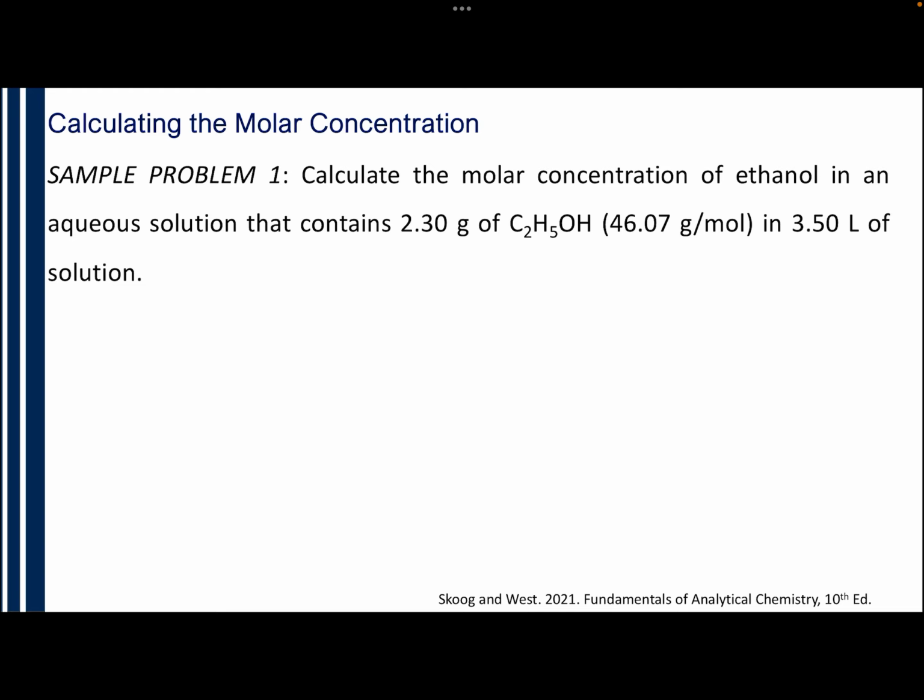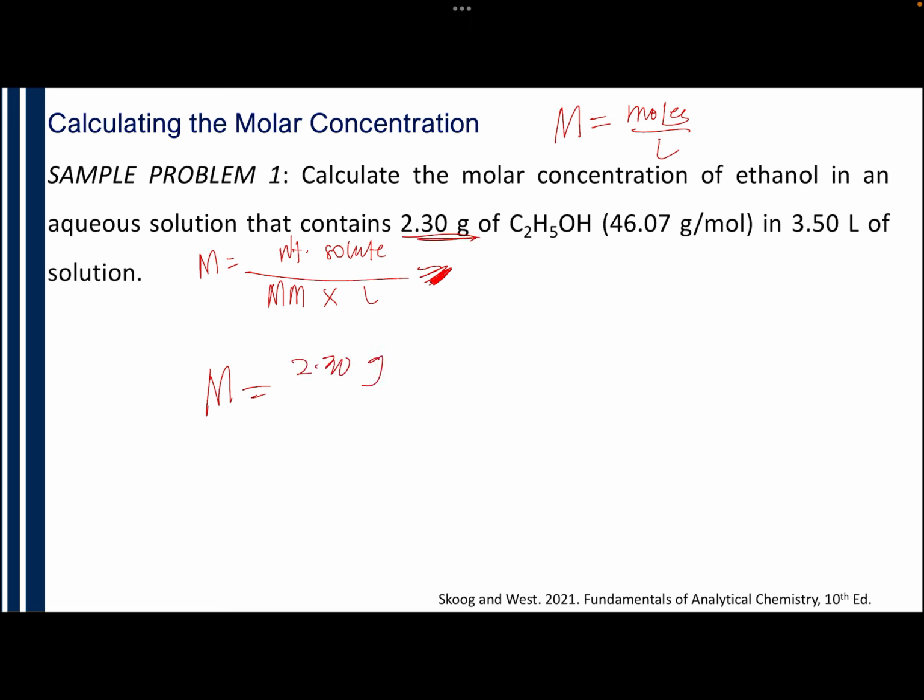Okay, so for molar concentration, we will use the second formula, which is the molarity is equal to weight of solute, so that the formula we use is more uniform. But if you use the other one, mole per liter, that is also possible, they give the same answer. So weight of solute divided by molar mass times the liters of solution. So using this formula, we can now calculate the molar concentration. So molarity is equal to the weight of solute, 2.30 gram, divided by the molar mass, 46.07 gram per mole